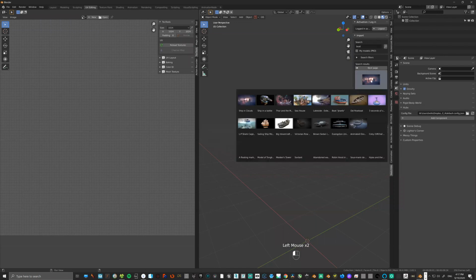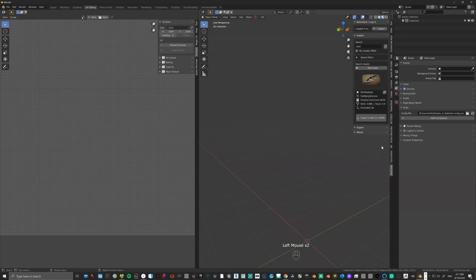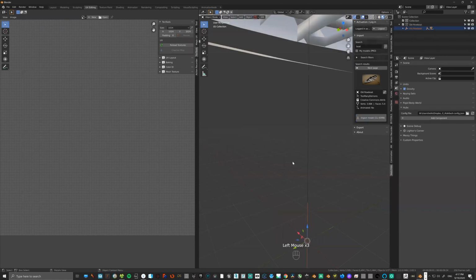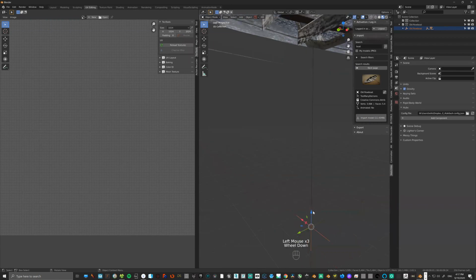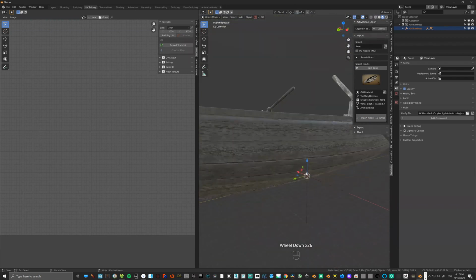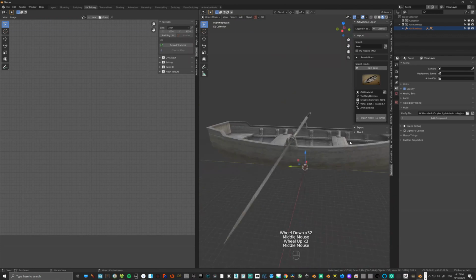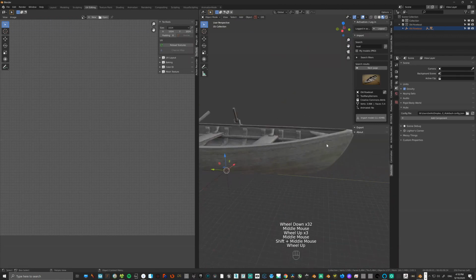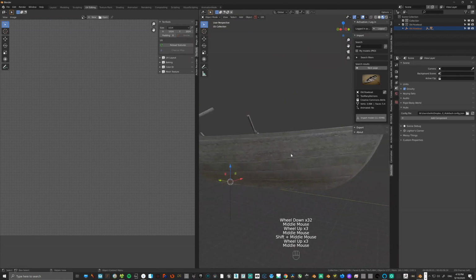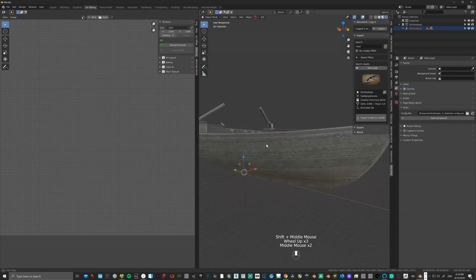Okay, let's see this one. Takes a while. Wow, it was huge. You see that the wood is following the shape of the boat, no? So